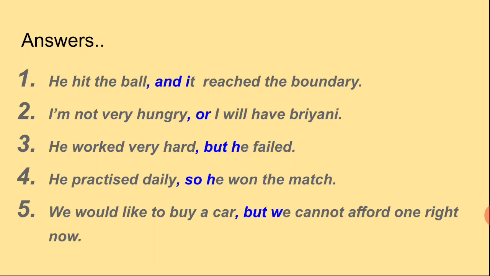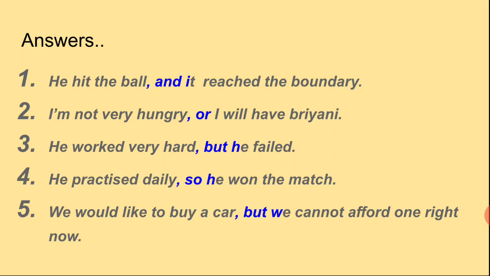He worked very hard, but he failed. He practiced daily, so he won the match. We would like to buy a car, but we cannot afford one right now. So the conjunctions and, or, but, so, but again, these are the coordinating conjunctions connecting these two independent clauses to